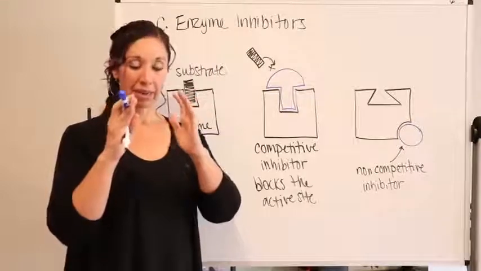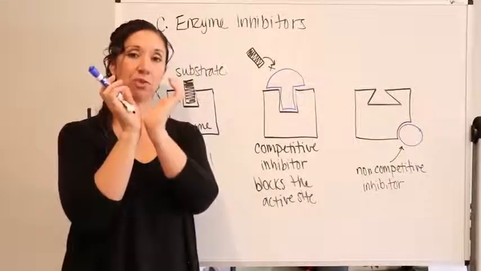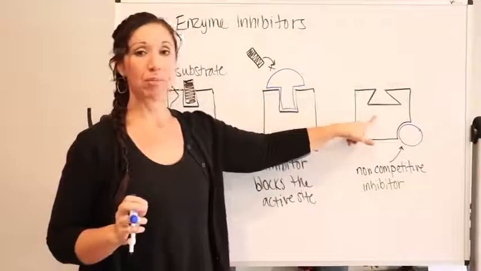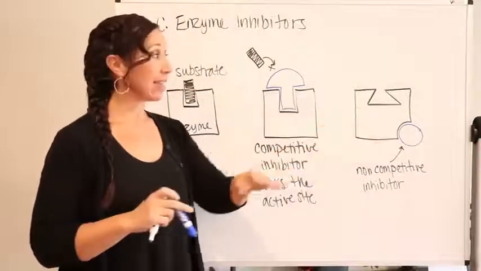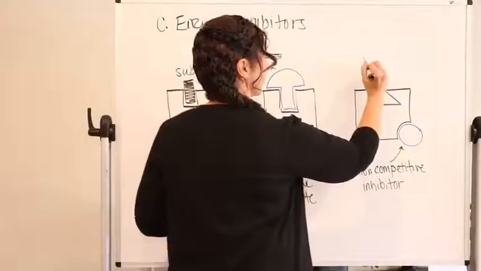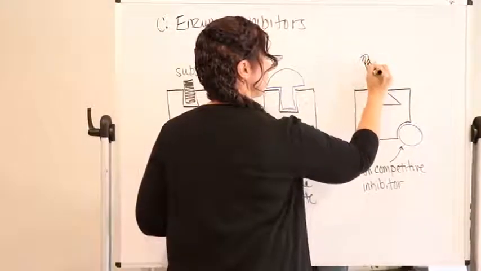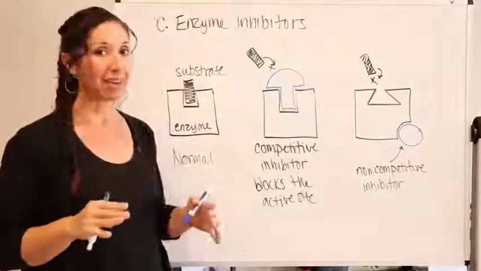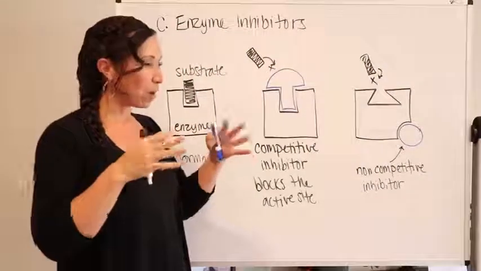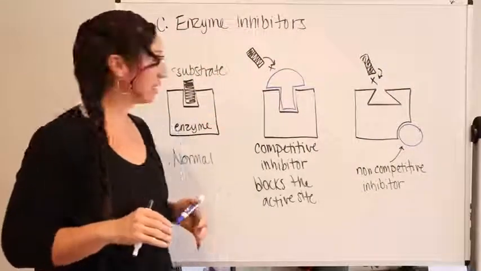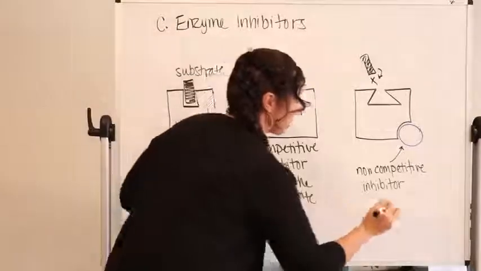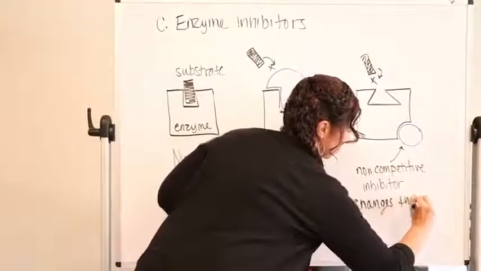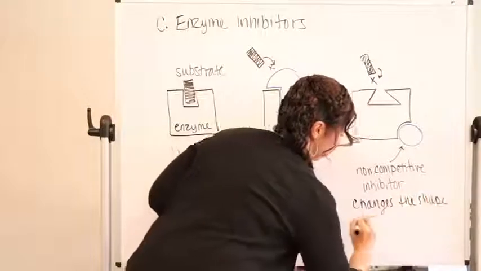And its binding caused a conformational change within the enzyme so drastic that it actually changed the shape of the active site. And now, when the substrate tries to come in, it can't because it has to be an exact fit. If it's not an exact fit, it's going to wobble and it's going to fall right out. It's not going to happen. So a non-competitive inhibitor changes the shape of the active site by binding